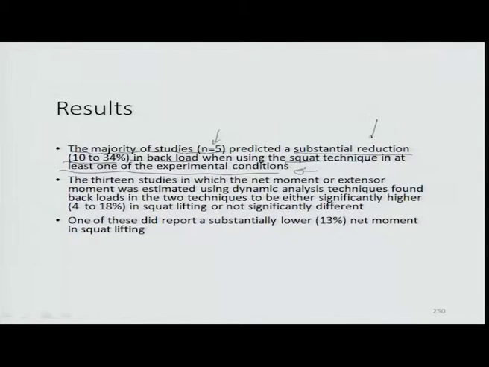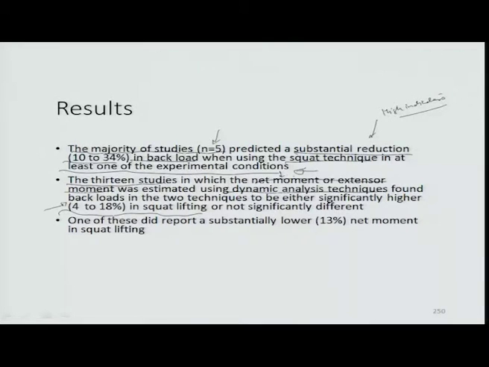And you have to understand that these are being studied on the basis of only the high indicators, where the indicator refers to exactly the level at which accuracy or precision can be obtained for physical measurements or even modeling related predictions. About 13 studies were conducted in which the net moment or extensor moments are individual joint moments. Net moment is, when all these joint moments take place, what is going to be the net moment of the whole system. They were estimated using some dynamic analysis or modeling technique, and they found the backloads in the 2 techniques to be either significantly higher in squat lifting,